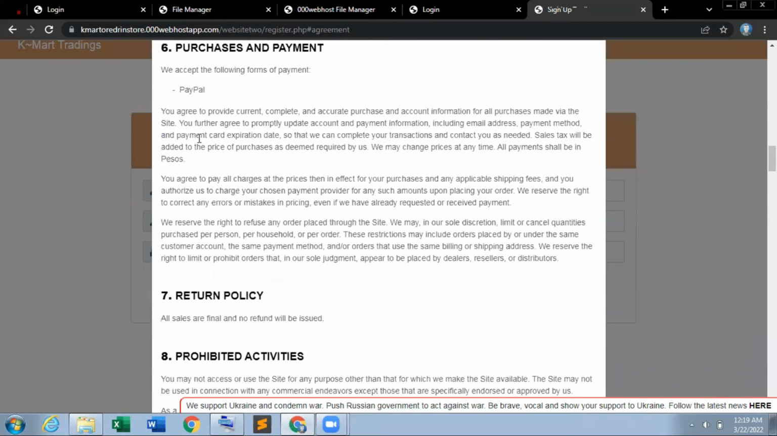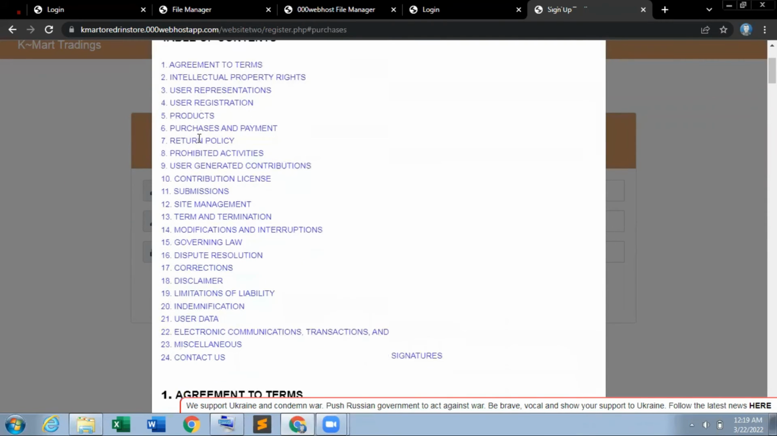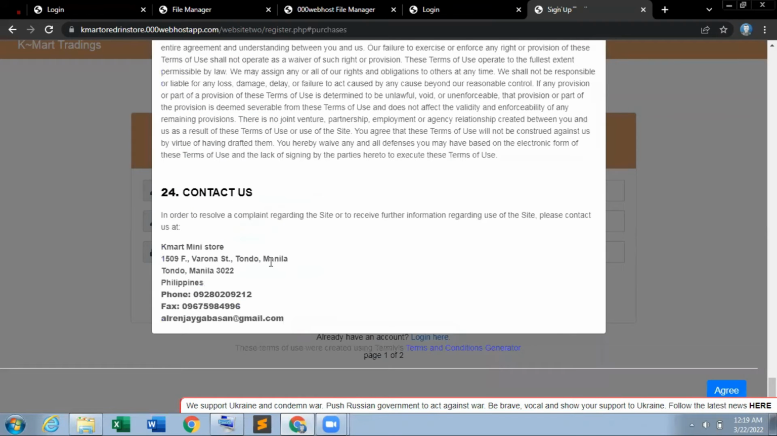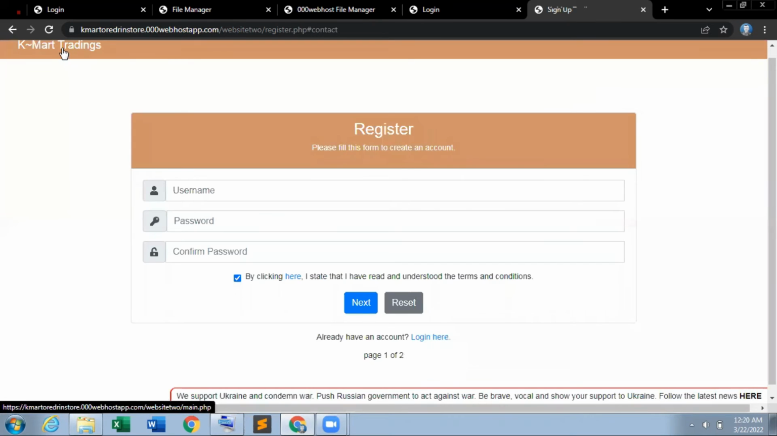Then purchase and payment: we accept the following form of payment, which is PayPal. And also here we have added information regarding the website, which is its domain name, its address, phone number, and my Gmail account, in case they have questions regarding our website. So now that we are done with accepting the terms and conditions,